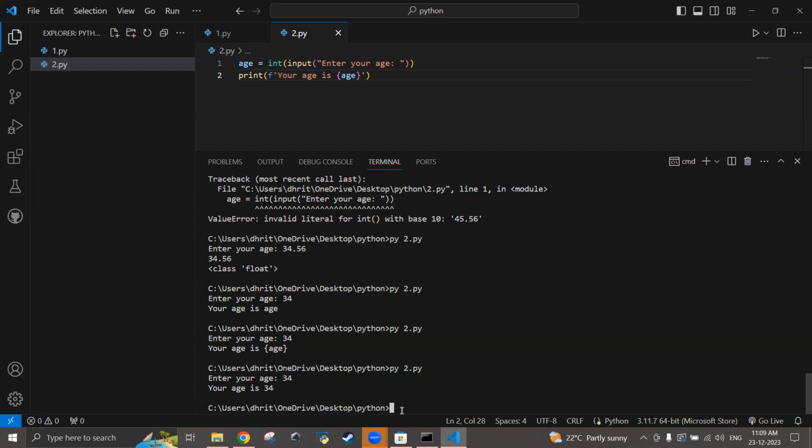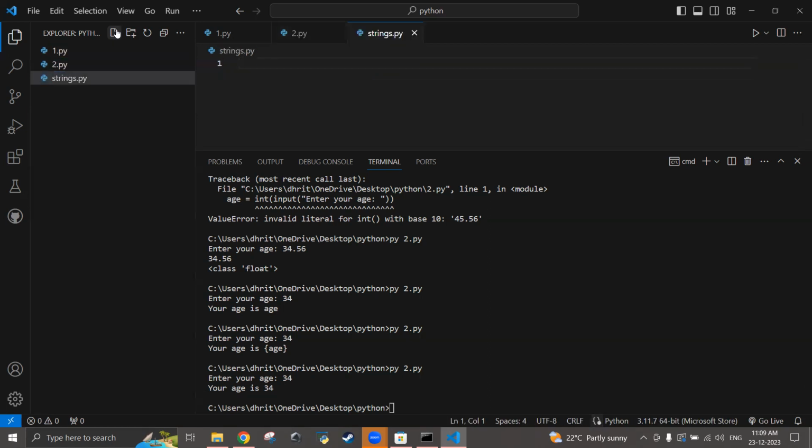Now let us move on to strings. So I create one more file, strings.py. Now we will work only on strings, no more numbers. Let us not mix all those things. At last, we will try to mix, but not now. So I have first name is equal to